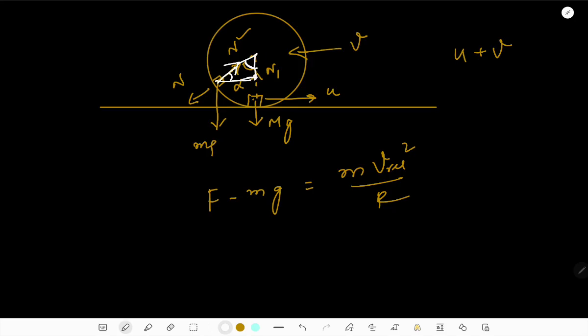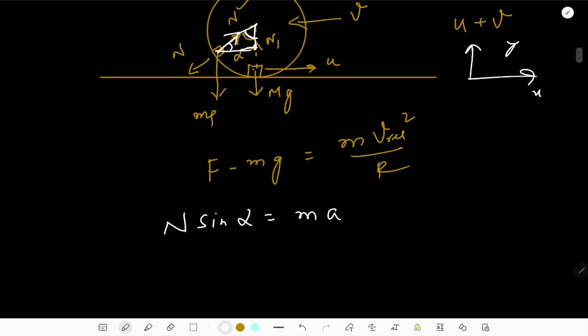So the horizontal component of the normal reaction of the cylinder on the puck will be simply written as N sine alpha, and this N sine alpha is the mass into the horizontal component of the acceleration of the puck, and let's write it ax. So this is my equation number 1,